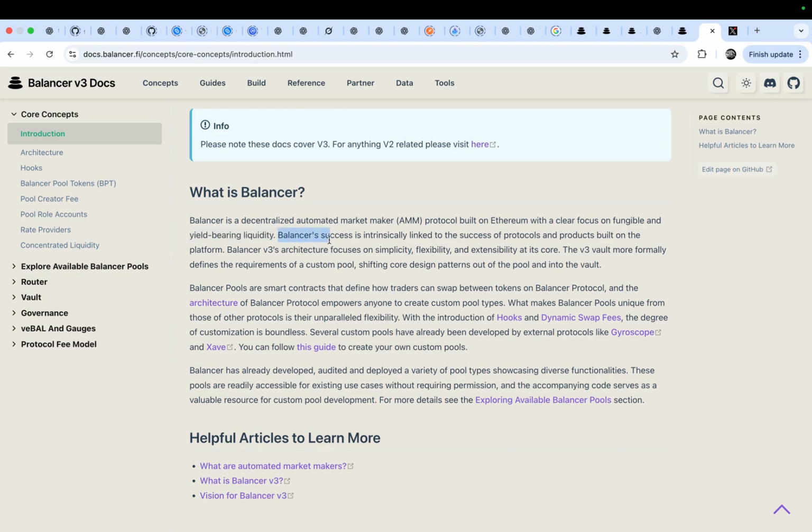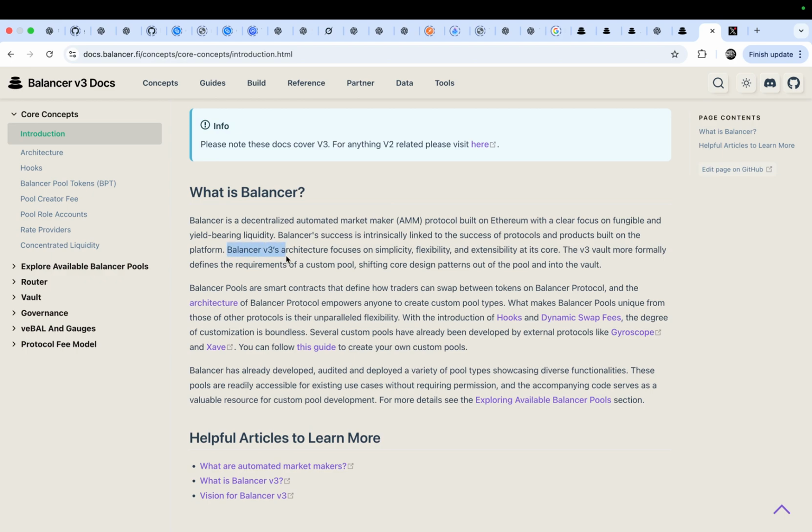And Balancer's success is intrinsically linked to the success of protocols and products built on the platform. There are a lot of other protocols built on Balancer, so this attack affects a lot of other protocols.